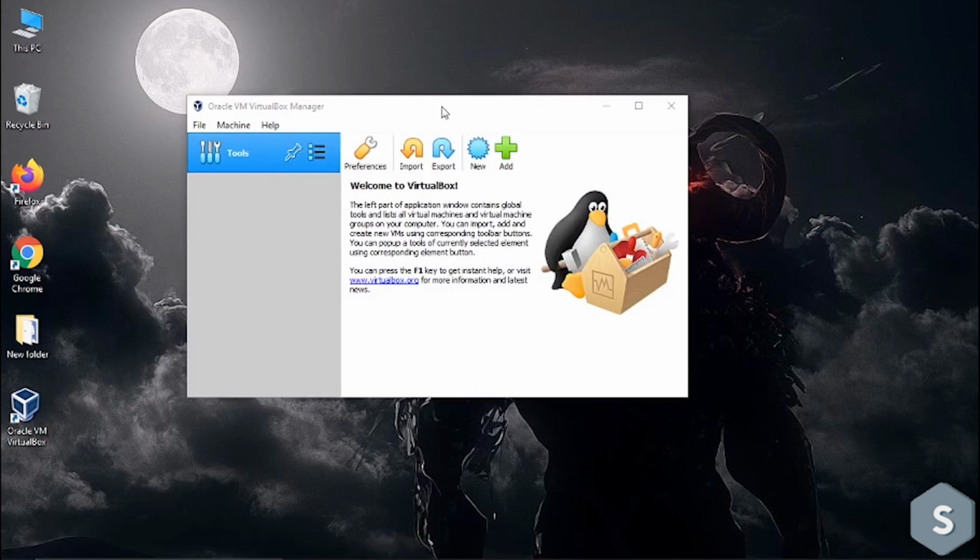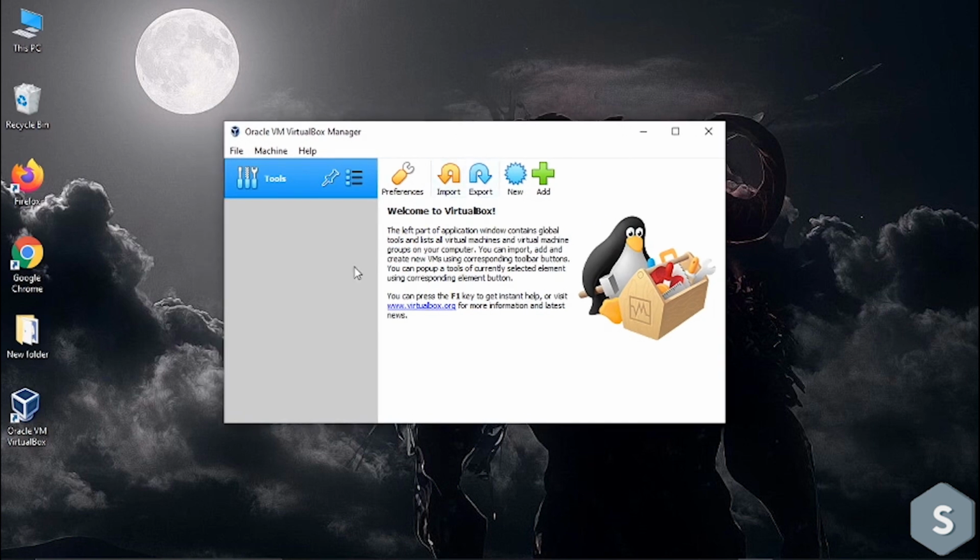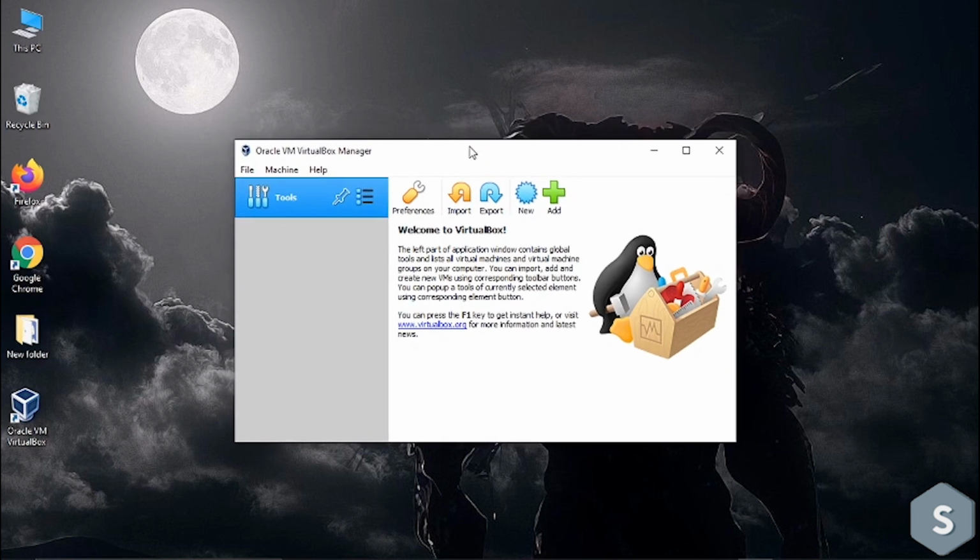It's open. So this is how VirtualBox looks like at first, and here you can install any other operating system, but I'll recommend you to have 2 GB RAM for using any other operating system, so that you will have a decent performance on your PC. If you have a low grade PC, like a low end PC,